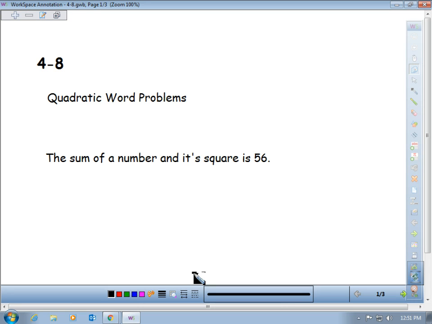Okay, guys, we're going to look at some quadratic word problems, and we're really going to look at three types here. The first type is really straightforward, just take what the math means in the equation. So it says the sum, so that means we're adding. Okay, we're going to add a number. I don't know what that number is. Let's say we call it x,